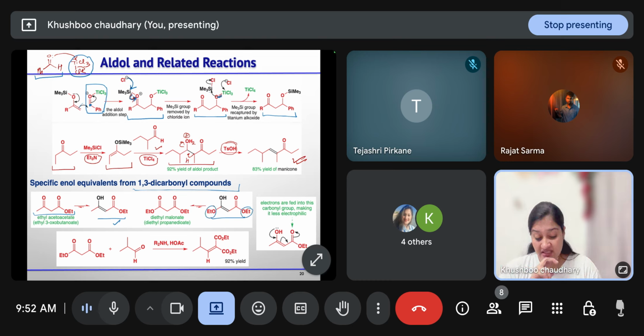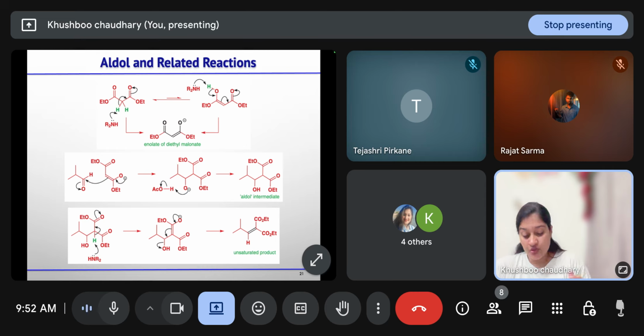So these esters, how will we use them in the aldol reaction? We will treat it with some aldehyde in the presence of some amine and acid. So you will get these dehydrated diester compounds. Now how is this reaction taking place? We have this active methylene compound and we have base, this amine. So base will abstract the alpha proton and it will generate the enol.